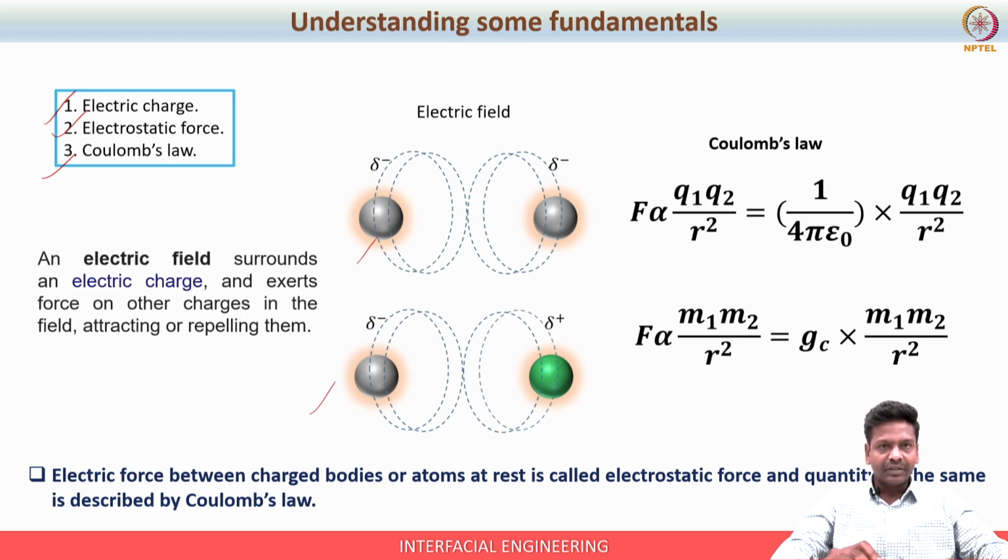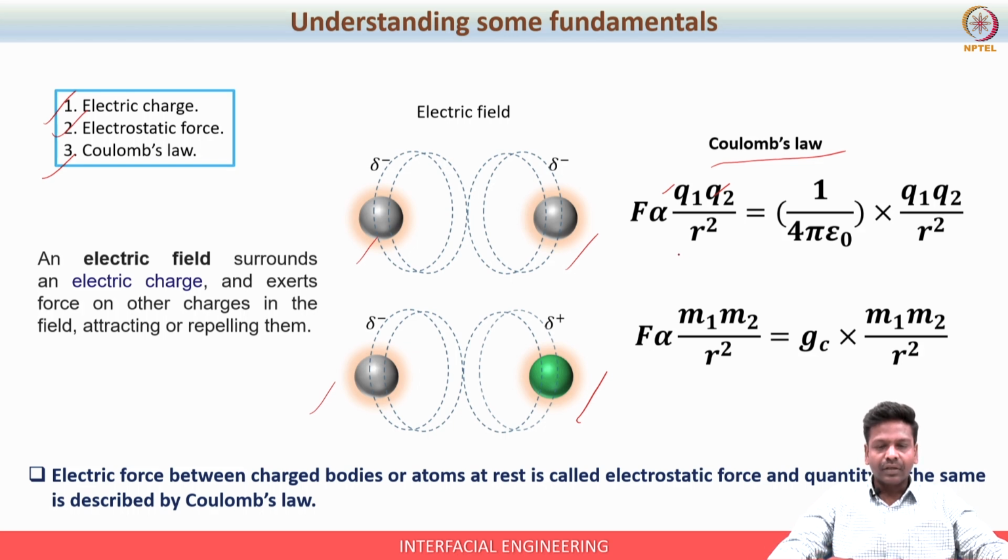When such an electric force is created, depending on whether both charge systems are negatively charged or positively charged, you will have electrostatic repulsion or electrostatic attraction. What governs this electrostatic force is nothing but Coulomb's law. Whenever there are two point charges, let's say the magnitudes of the point charges are q1 and q2, and they are kept at a distance of r.